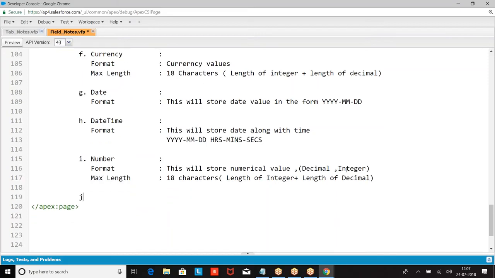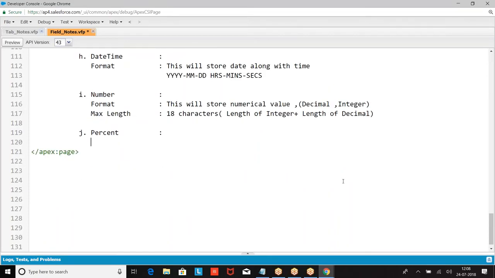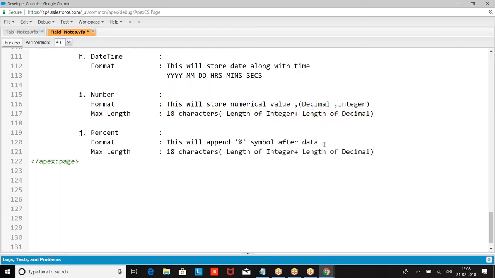Next we have date, date time, number. What is the other one we can take? Percent. When I say percent, it will append percentage symbol after data. Just look at the data types, you will see how to create them in the next session.